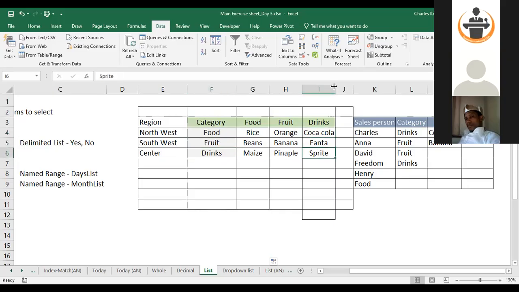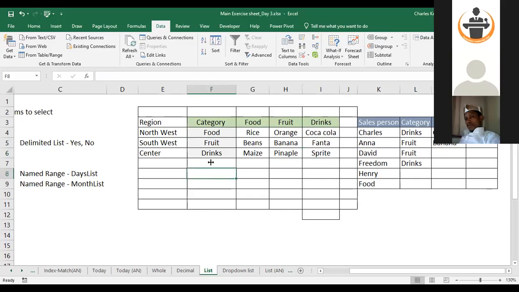Now, there are situations if you just put maybe category here, assuming that this is a category, let me take it down. And people were entering data, and in this category, they had to choose. Category can either be food, drinks, or fruit. But now, these 9 items can be what will appear here at the tail end,